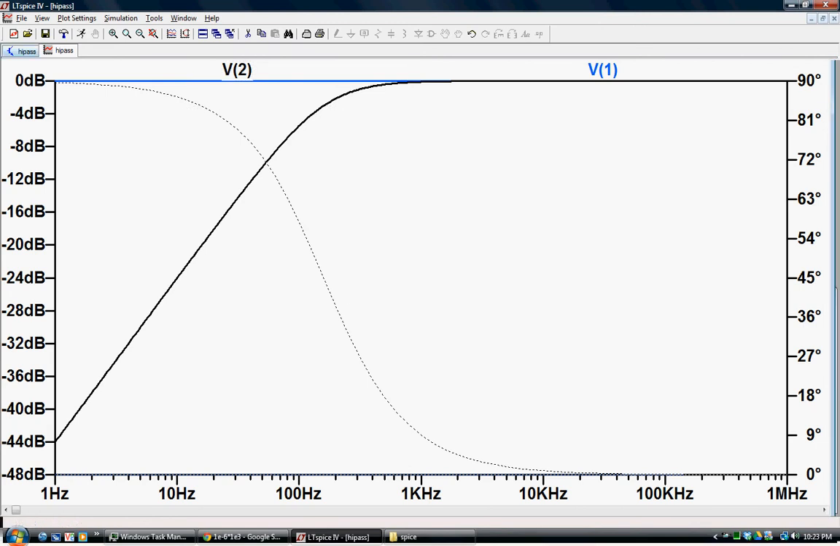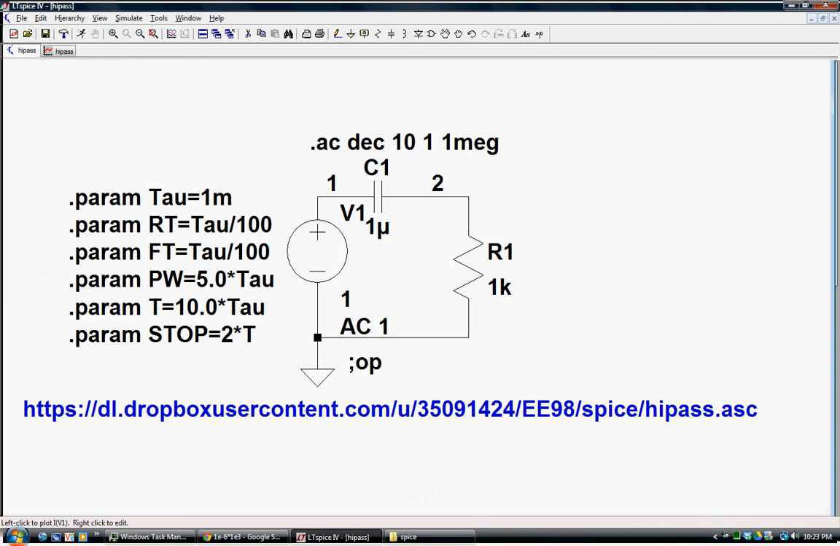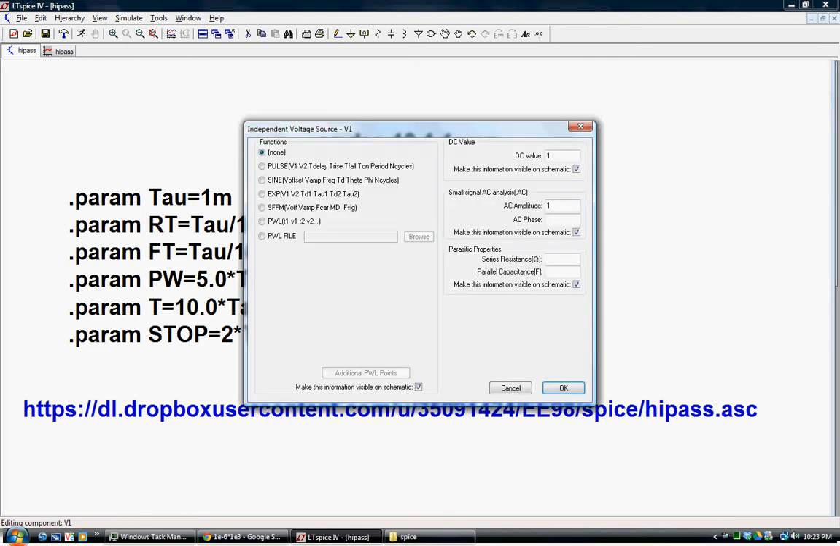Now we can go back and set up a simulation for a transient, and we can do the step response. And we can start off at 0 volts, step up to 1, a delay of 0 seconds, and we can program the rise time to equal 100 into tau. We can do T fall as tau divided by 100, and we can do our T on, the pulse width,